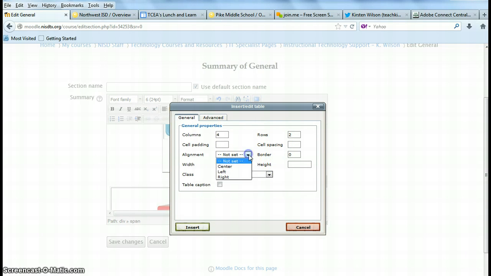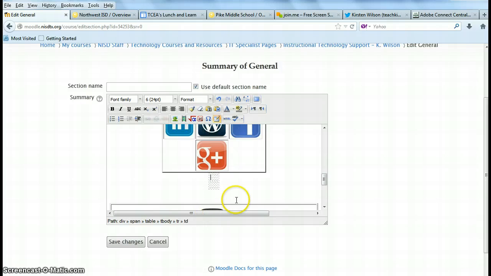Then I'm going to set my alignment at center. At that point, I'm going to insert, and then the table is going to be really tiny. Don't let that alarm you. That is not a concern. What you're going to want to do next is insert your link. For today, you can go ahead and add a link, and the way that you add a link in there